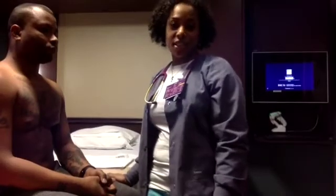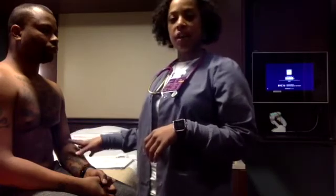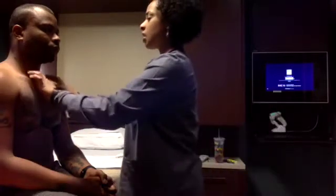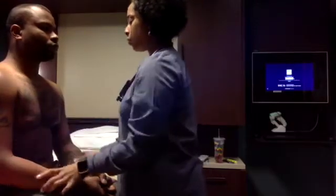Now we'll continue the assessment of his chest wall. As I'm looking at him, I'm looking at his breathing, his work of breathing, to see if he's having any visible issues, and then I will start my assessment. I'll start with his chest, look at his clavicles, no issues there, and go down. Raise your arms up,